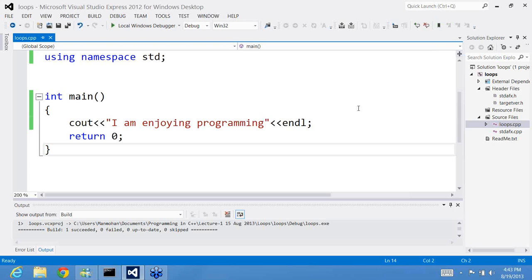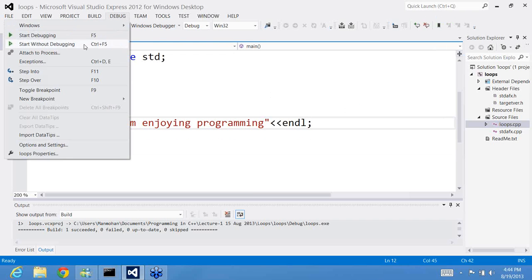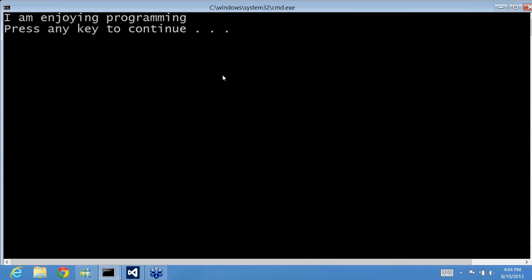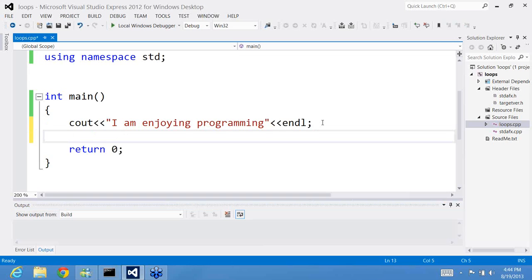But before that, we need to understand how to implement loops, how to write loops. Loop means that if we have part of the program, or some statements that we have to execute again and again, then how can we do that? For example, if I run this program, it says that I'm enjoying programming, right? Suppose you're so obsessed with programming that you want to say this statement